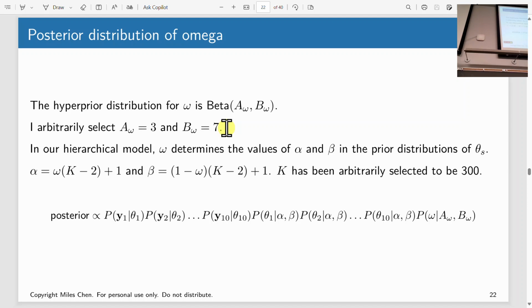versus when we had, so this is beta 3, 7 versus beta 81, 219, which was very narrow, right? So we're going to give it something wide. And again, you can keep having hyperpriors if you want, and eventually you can just put in something that's flat, some kind of uninformative thing. Okay, so anyway, arbitrarily I'm just picking 3 and 7, and this is going to determine the values here,